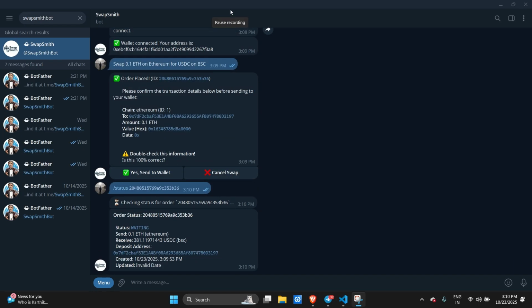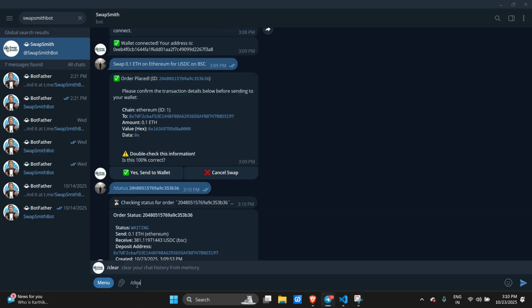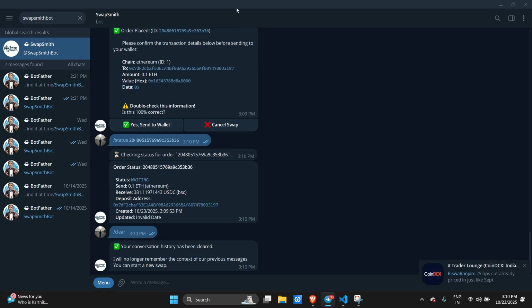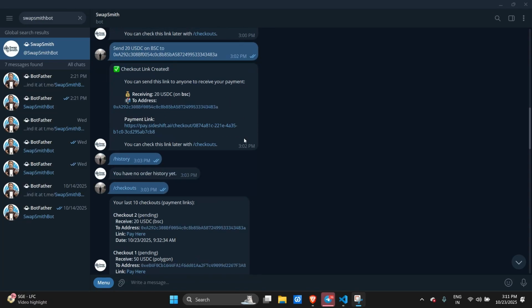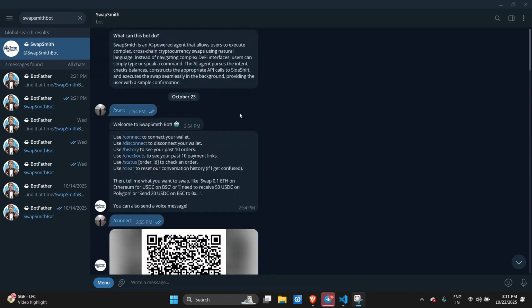Before you attempt to delete any message or delete the chat history, always make sure to clear your history from the memory as well. Because otherwise, again, like I said for the contract, the bot will behave weird for you after that, since it will be stuck in a promise state and will be reset on a reload on the server, which is not very often. So this was all for Swapsmith right now. Thank you.